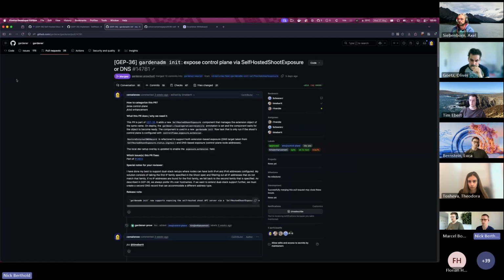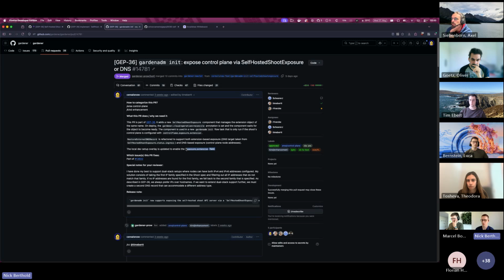So when gardenadm init runs, at some point we have to decide whether or not the self-hosted shoot exposure resource should be deployed. And this is the case for shoots that have an exposure extension field set. So shoots have to basically opt into this. As you can see here, that exposure extension field, and only then the self-hosted shoot exposure custom resource is deployed